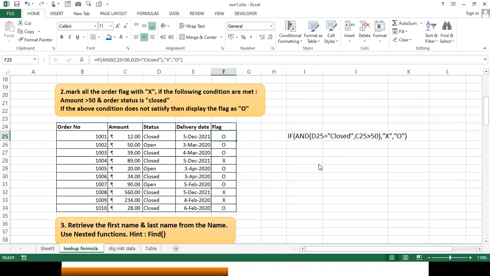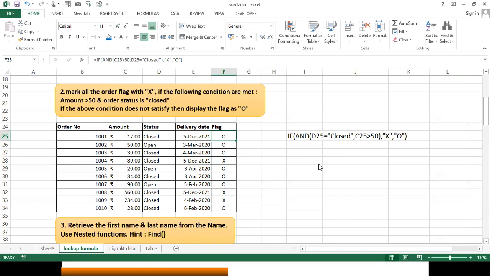In these cases, the if condition will be used like this, and it can be used for not only two conditions. In this case, I have taken only two conditions, but in many cases multiple conditions can be there. For example, income tax, which we have just seen: for male and female, there is a different slab. If it is a male, then a different slab; if it is a female, then there is a different slab. I can use that for finding out the condition. Is that okay? Shall I go further?